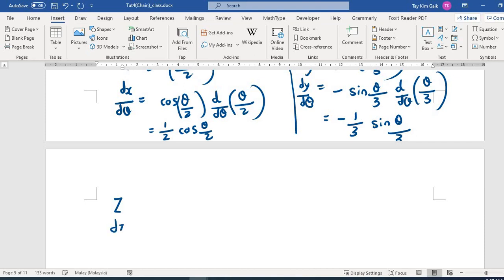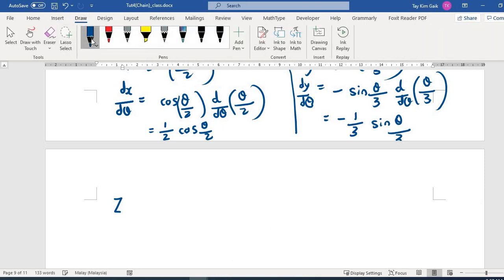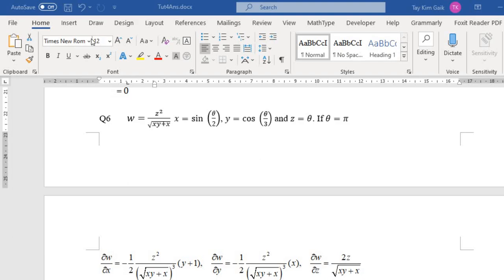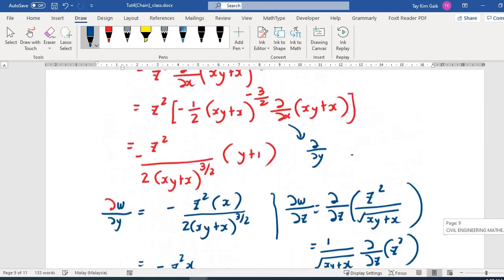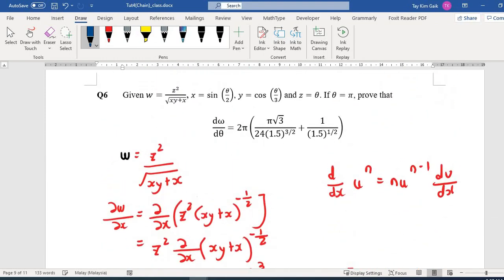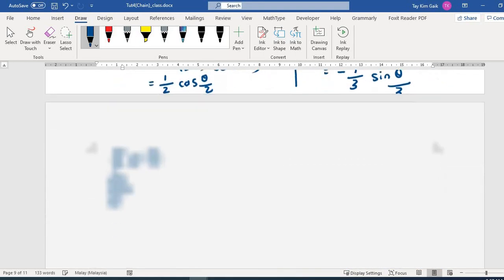So dz d theta is 1. And then you can plug in to do, so you get this one. So your dw d theta,